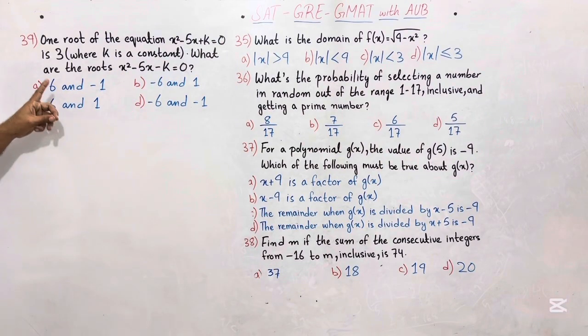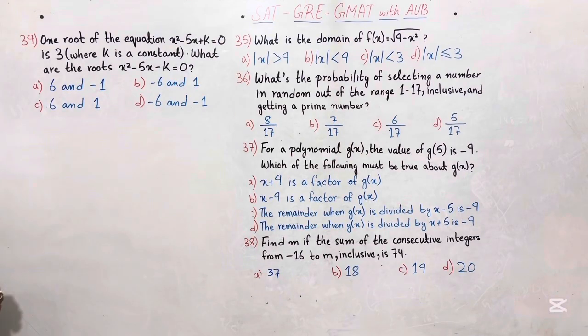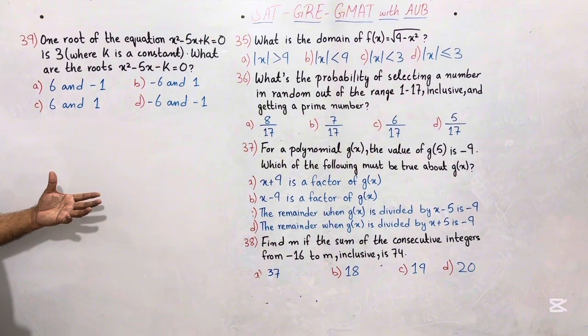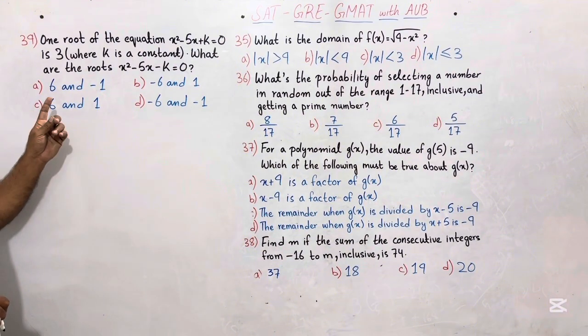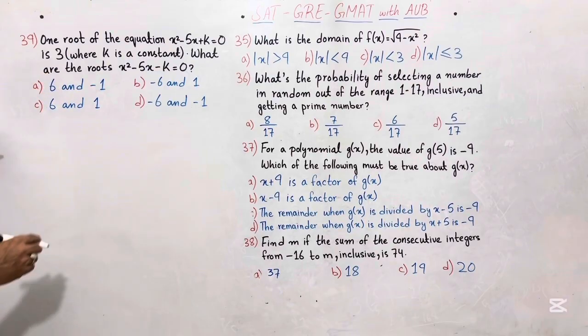First statement, x is equal to 3 is the root of this equation. One root of the equation x square minus 5x plus k is 3, whereas k is a constant. And then what are the roots of this one? Utilizing this condition, one root